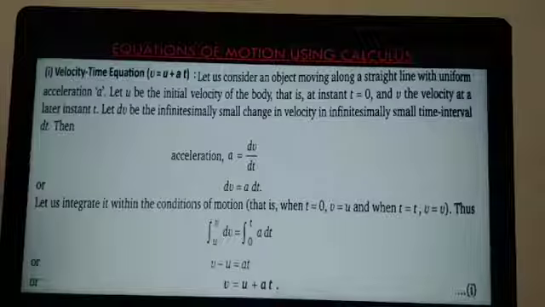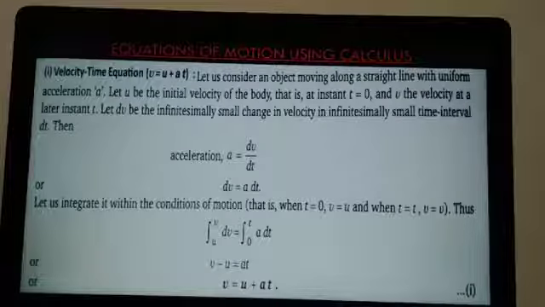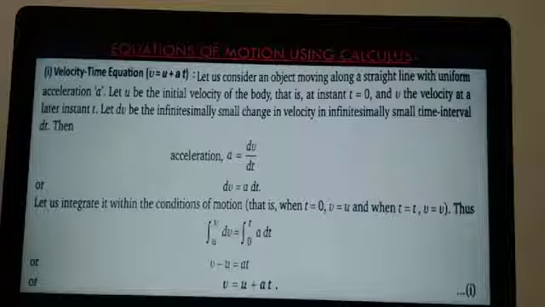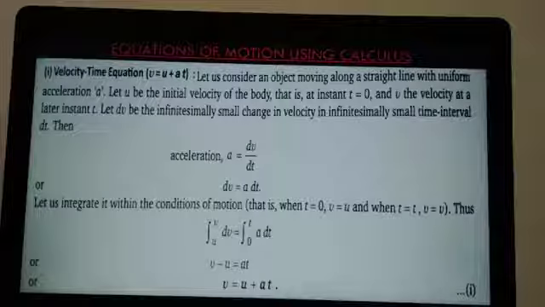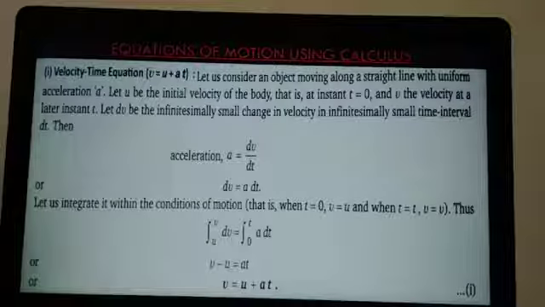On the left hand side we are having the variation dv. On the right hand side you are having the variation dt. dt varies from 0 to t. Similarly, dv varies from u to v. So the limits are also fine. Then when you are integrating dv, what are you getting? Integral dx is x, so integral dv will be v. Then you apply the upper limit minus lower limit. v gets the value, upper limit v minus the lower limit u.